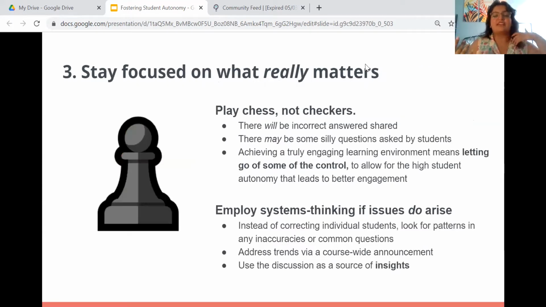And the last aspect, and I think sometimes the most challenging as I've observed, is staying focused on what really matters. So one of the sayings we like to use here internally is that online discussion is a game of chess, not checkers. So sometimes there might be an incorrect answer shared. Sometimes there might be some silly questions asked by students. But that really engaging learning environment means that you need to leave space for students to have autonomy. And that means that you have to let go of a little bit of autonomy yourself and a little bit